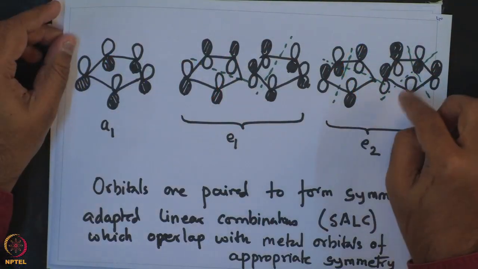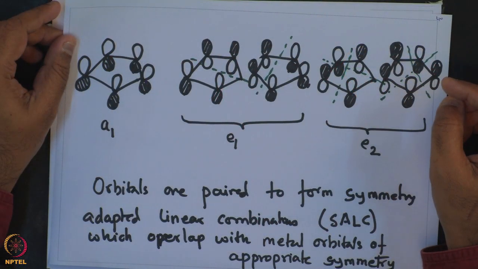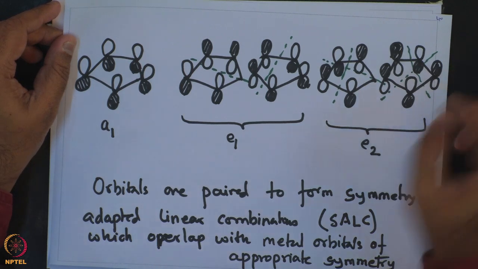Now, in this discussion, let me just recapitulate what we had spoken about in the last class, so that we can build on it in this class and take it further. In the previous class, we had looked into the atomic p orbitals of the Cp ligands, and based on their symmetry based combinations, there are 5 p orbitals resulting in 5 molecular orbitals, and of these 5 molecular orbitals they fall into 3 classes. One is A1